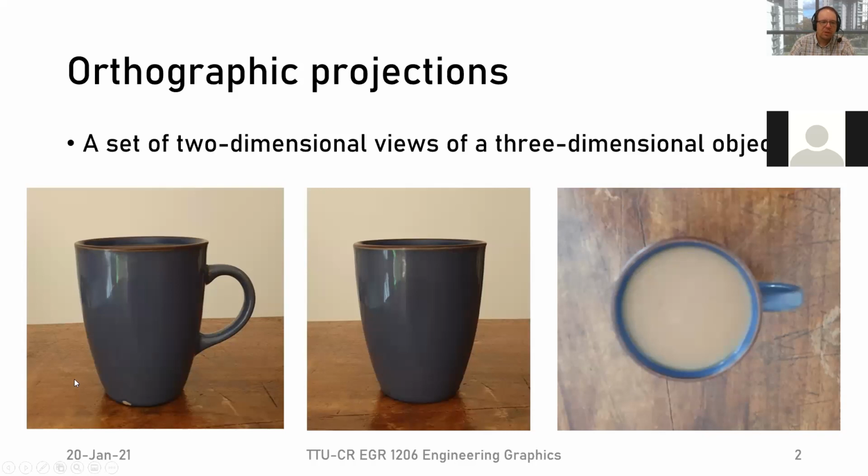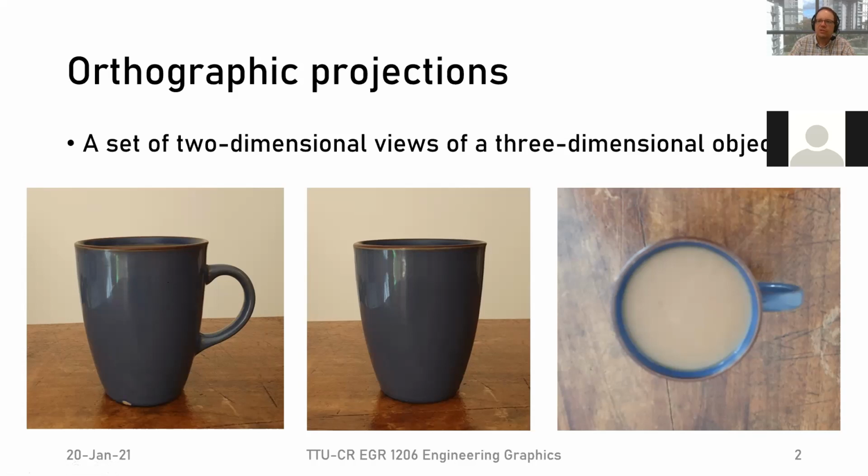Here, the example that I'm showing is my coffee mug. You can see it from the front, maybe from the side and from the top. This would give us enough information. If it weren't full of coffee, it would give us enough information to exactly describe the entire object. We'll probably need dimensions on it, and maybe what kind of material it is, and all those kind of things. But the overall shape of the object is something that once we have these three views, we